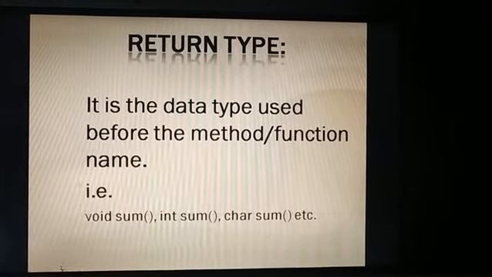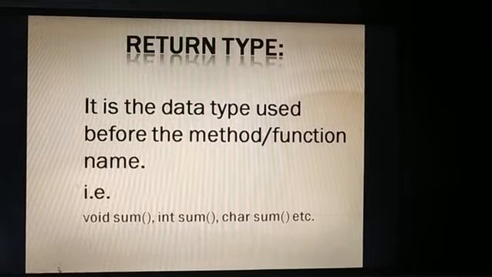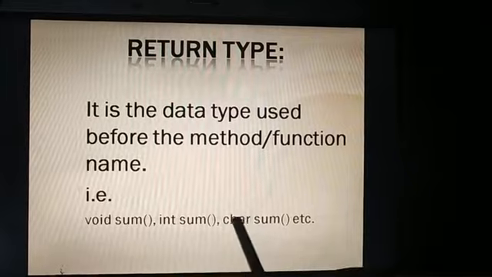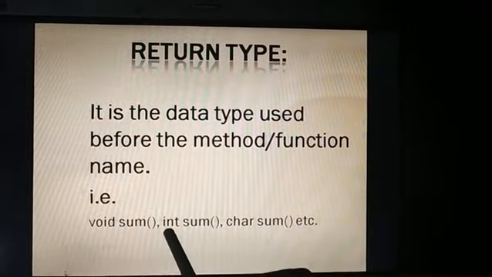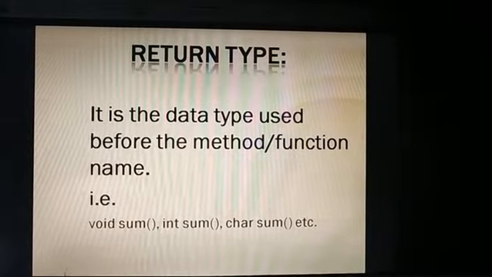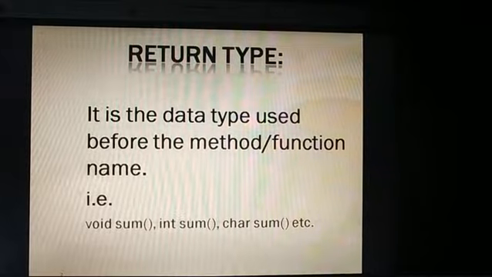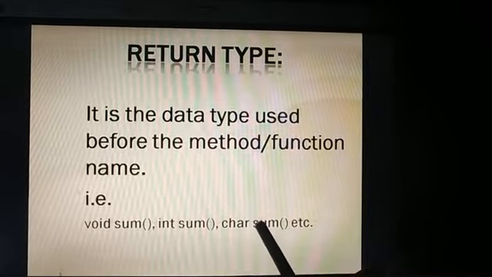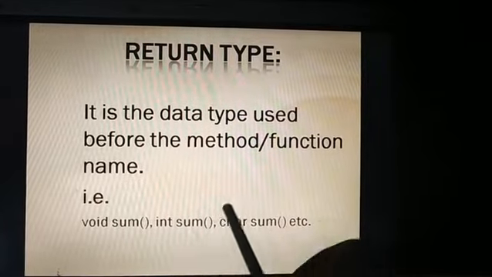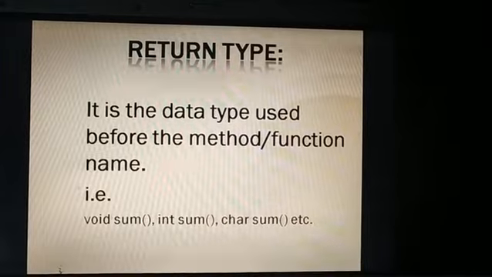But you all know that void is returning a null value. The meaning of null value is what? Negligible value. Before sum, the second example, it is mentioned int. The int is an integer value. It means this function will return which type of value? Integer value. Like that. The third example, if you'll see, before the sum function, char is mentioned. So these all are examples of return type. Now we'll move to the next slide.